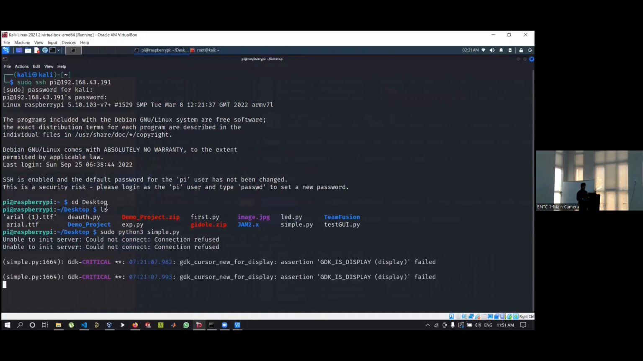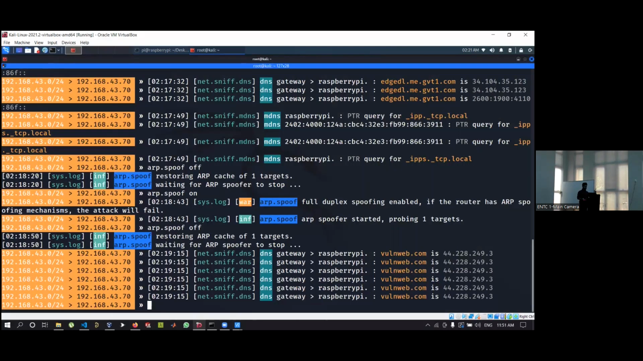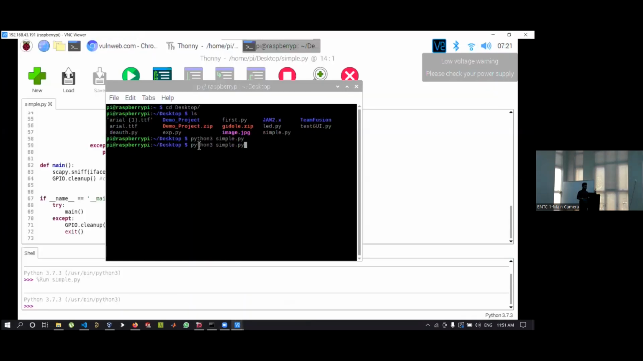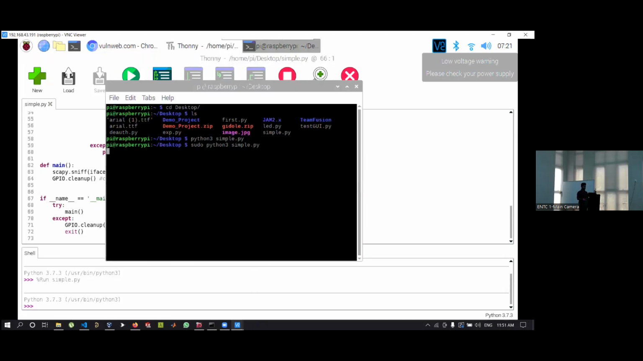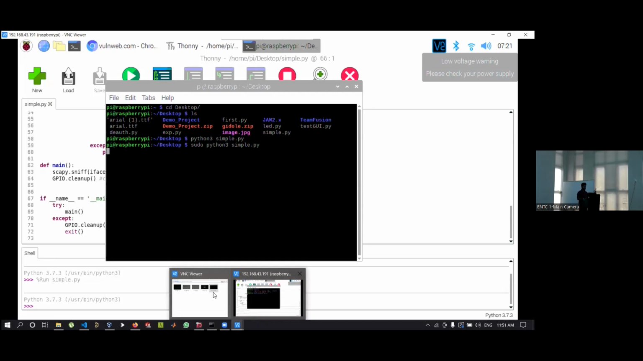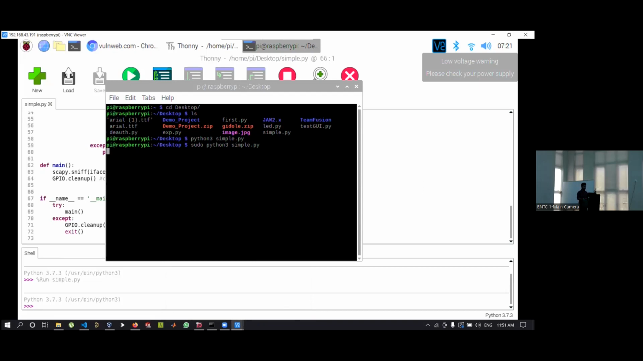Okay, it is working now. Okay, I forgot something. You have to place sudo in front of it. Now it is working. You have to write sudo python3 simple.py. Okay, after that it will work. Now you have to add the administrator permission. After that, when you run the ARP attacks again,